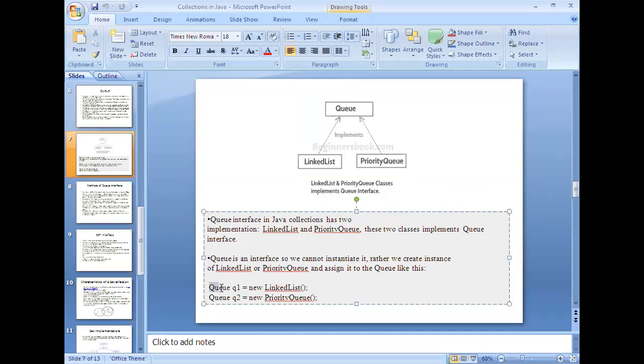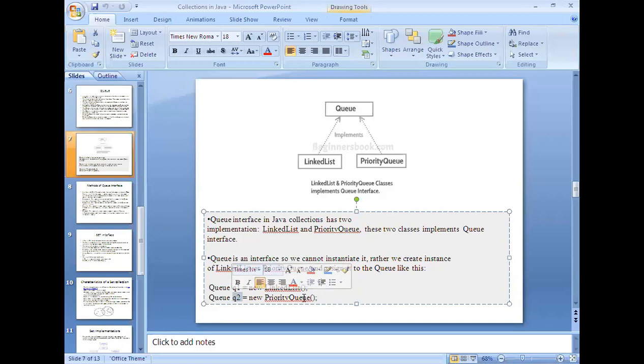Now this is the way of declaring an object of the queue using the linked list class. q1 is equal to new linked list. In this case, q1 follows the operations of linked list. Whereas q2 was created with the help of the priority queue class, so it follows the mechanism of priority queue.